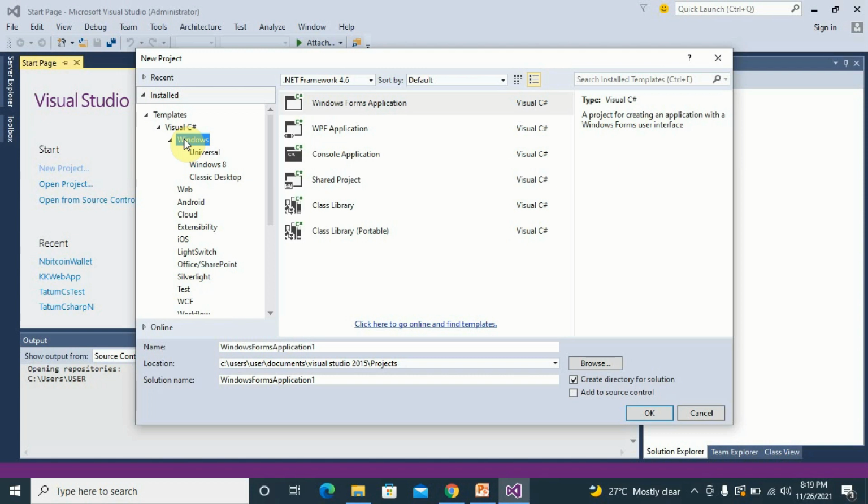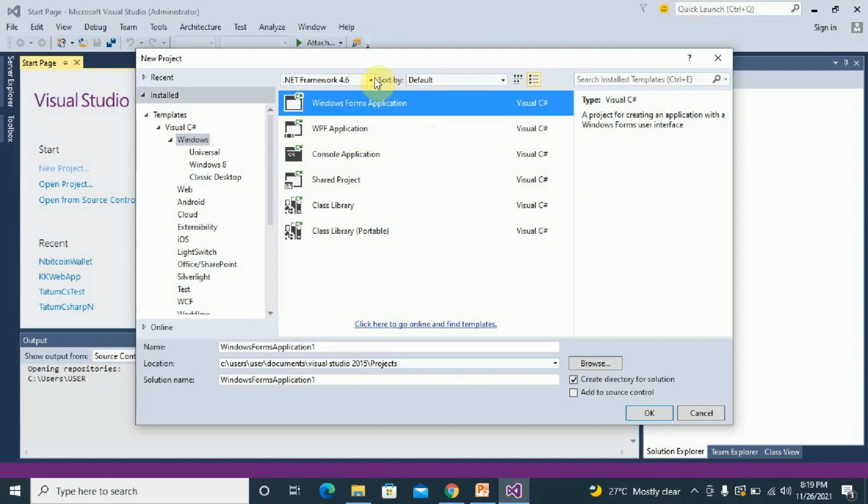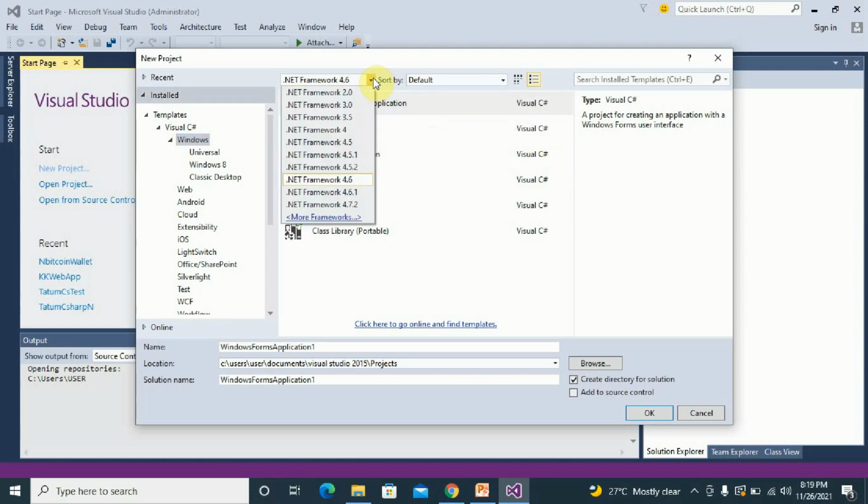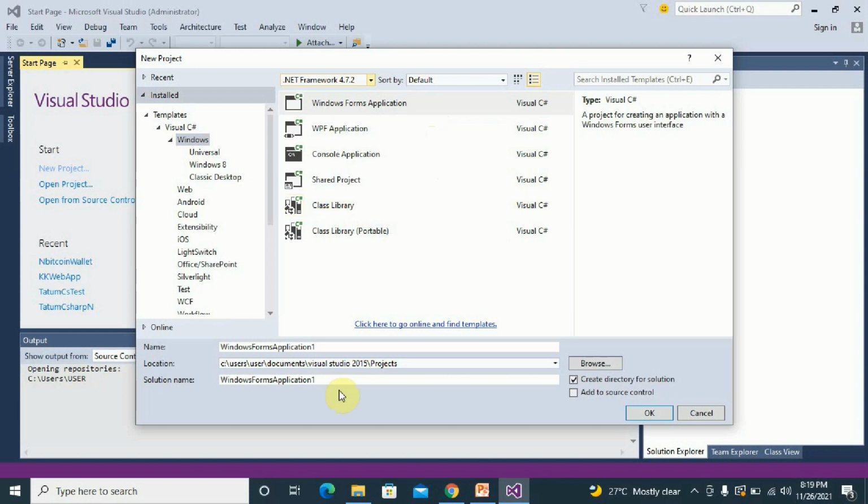So make sure you're on Visual Studio. Make sure you're on Visual C# and select Windows. So we're going to create a Windows Forms application. You can change this framework to maybe 4.7 to the latest. So let me change this to the latest,